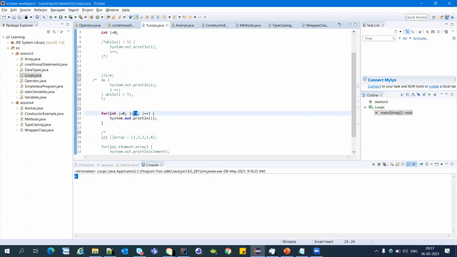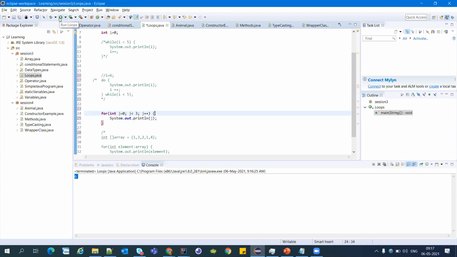We have the condition, and we have the incrementation or decrementation, whichever we want to use. All these three statements are in a single bracket. This is an advantage over a while loop. So here we have j equal to 0, the condition is j less than 3, and j plus plus. We are printing the j value.